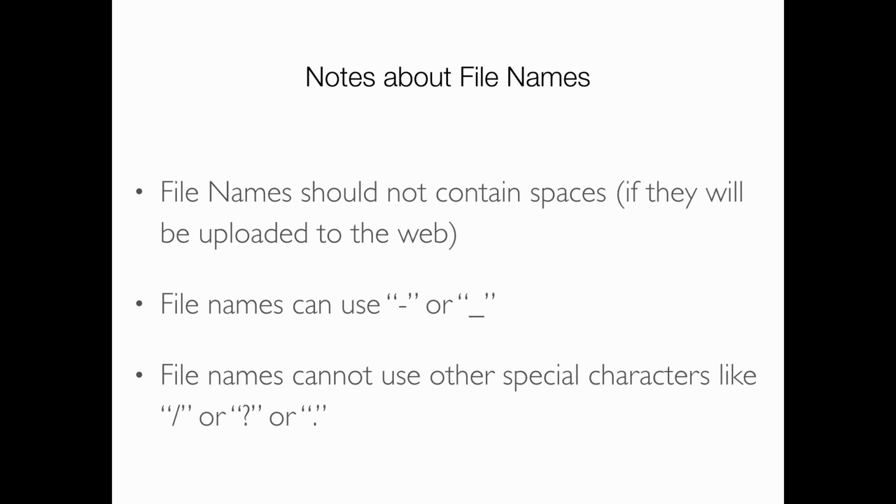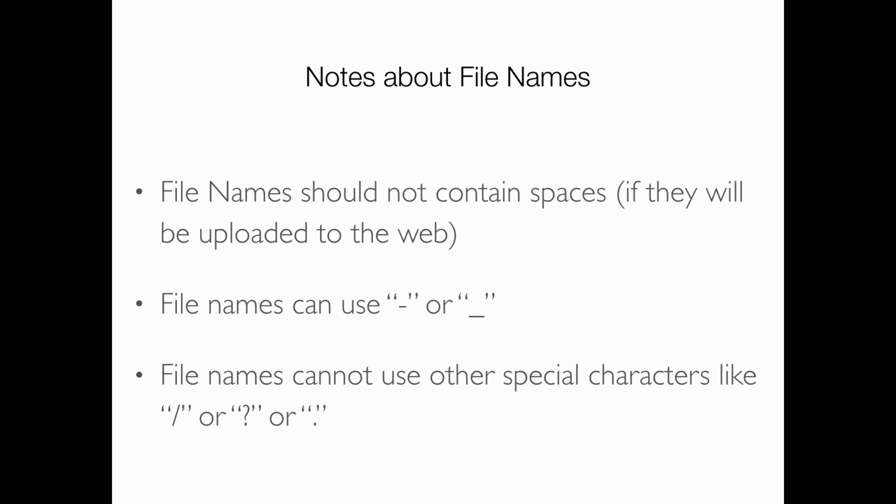File names shouldn't contain any spaces if they're going to be uploaded to the web. If you plan on uploading files, putting spaces in makes it kind of nasty. If you ever put a space in, let's say you're browsing in Chrome and you put a space in the web address up there, what does it do? It goes to Google, right? And searches for that term as opposed to going to a direct address. So if you're looking for a particular file that has spaces in it, it gets really kind of nasty. So when we upload things, we try not to have spaces. We use dashes or underscores where the spaces would be. If you're just keeping it on your computer, your local files, it doesn't make any difference. You can have spaces in the file names.